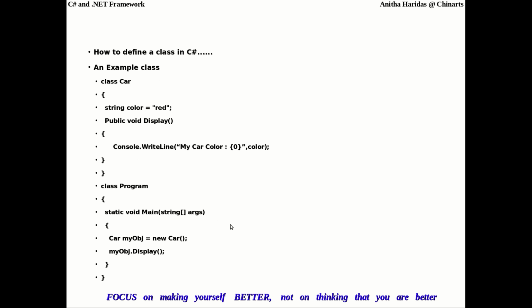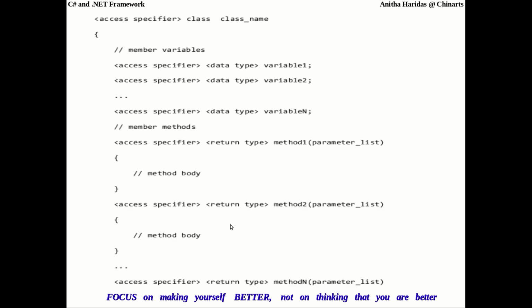Let us see the general definition for defining a class. This slide shows the syntax for defining a class. You have an access specifier, then the keyword class, then the class name, then member variables declared like this, then member methods declared like this.